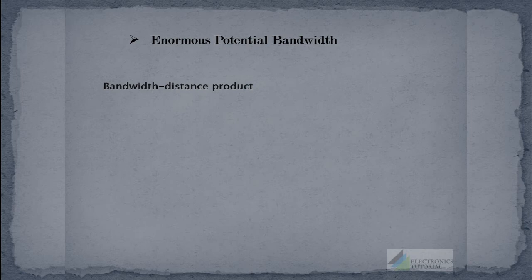A fiber transmission system is often characterized by its bandwidth distance product. It is because the effective dispersion increases with the length of the fiber. This value is a product of maximum signal bandwidth and distance, often expressed in units of megahertz into kilometer. The term distance indicates the length of a fiber optic link.